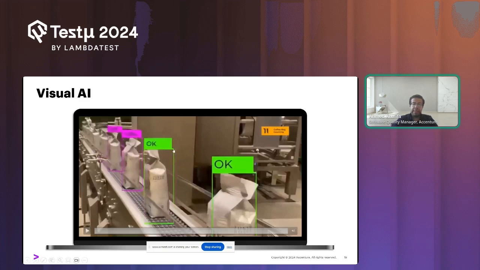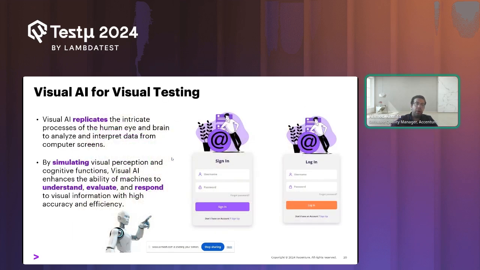So ideally, visual AI could be used. But just remember that this visual AI was introduced even before generative AI. So let's differentiate between both. This visual AI was a third evolution in visual testing, where people start to see, okay, if you are a manual tester, what will you do? You will go into the page and check the colors, check the elements, check the spaces here, and then decide if this is different or not.